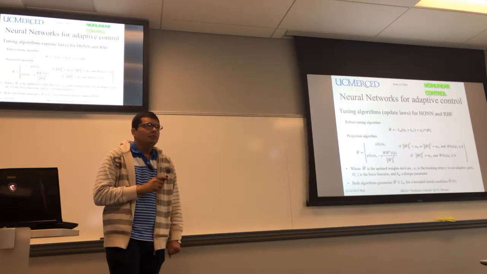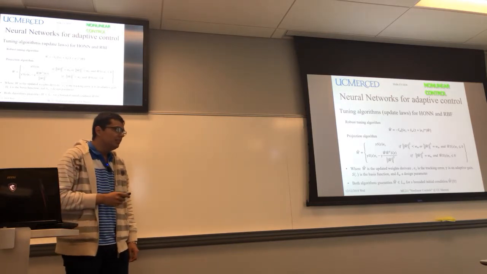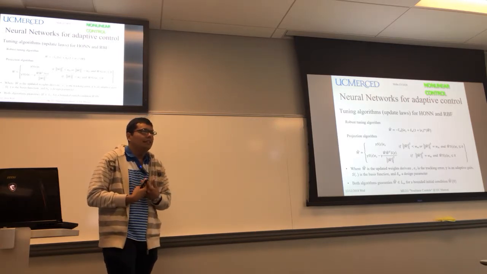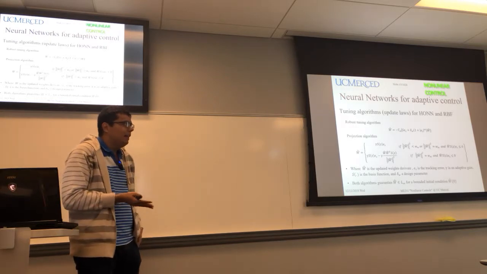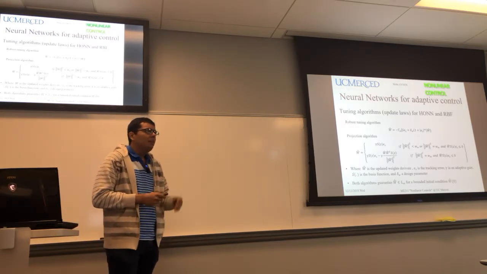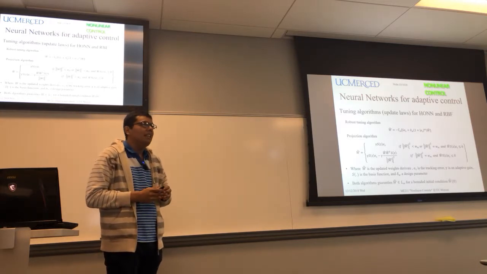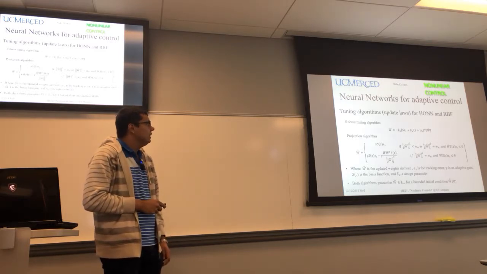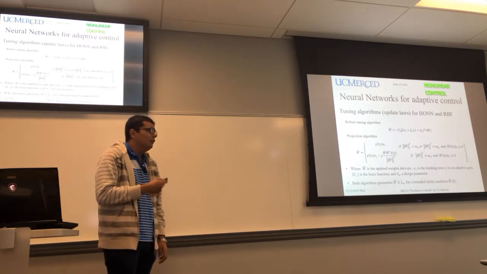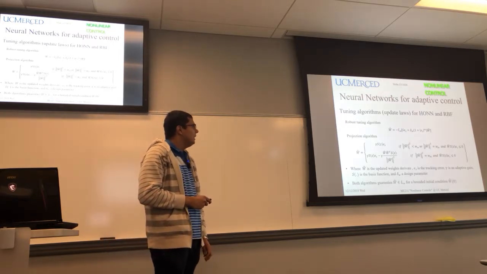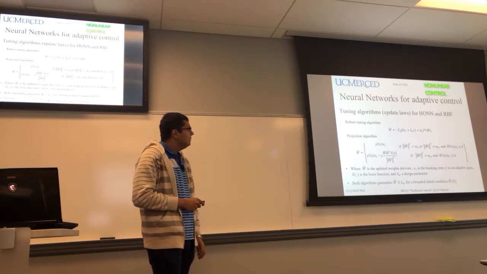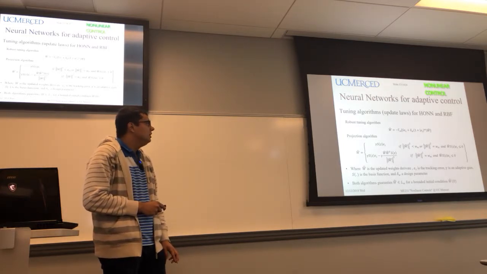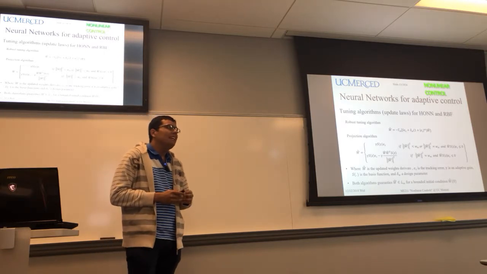Okay, so now, we said previously that neural networks need some kind of previous training in order to estimate, classify, compensate a dynamical behavior, classify a pattern. But we said, in addition, that we cannot do previous training of the system in adaptive control. So now we need tuning algorithms or update laws, as we can call them here, for the neural network, for the high order neural network, in this case called HON, and the radial basis function RBF. So here we have two possible laws that we are going to employ to update these weights